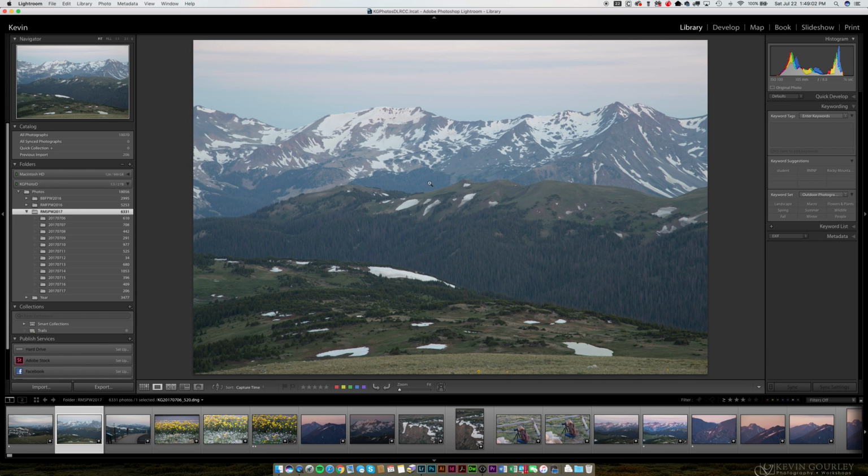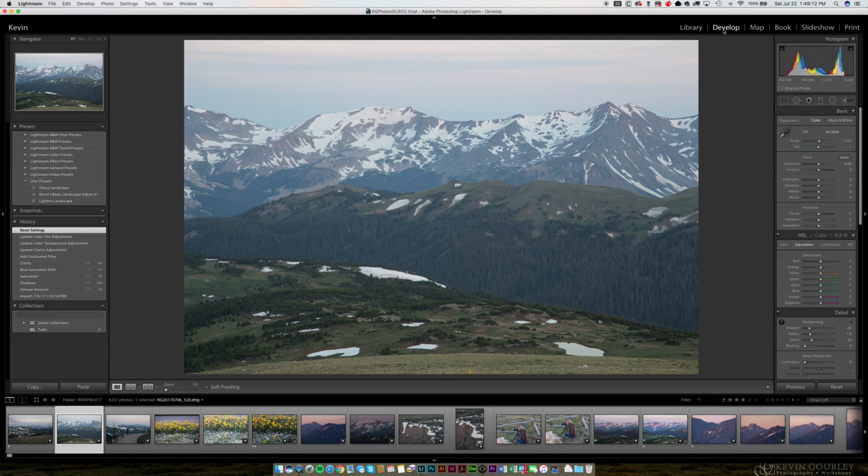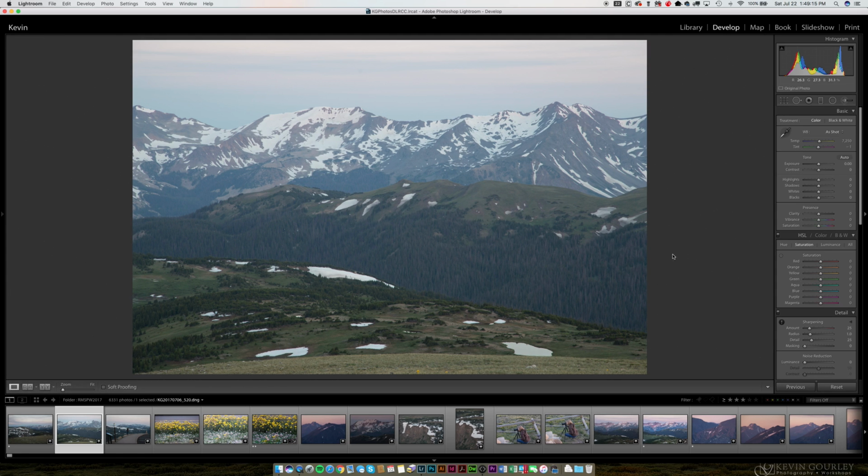So I'm in Adobe Lightroom, the Creative Cloud version, and I'm going to make that part of the window go away. And I'm going to go over to the Develop module and just show you a few things that I might do to this photograph to enhance it a bit. First of all, you're always going to have an issue with a certain amount of haze in mountain scenics,